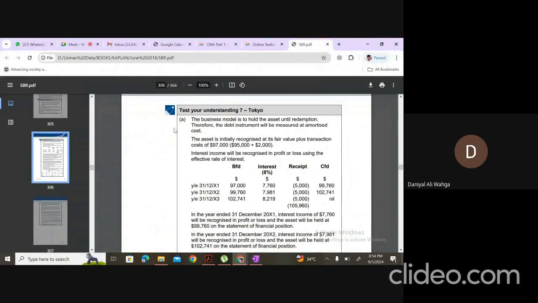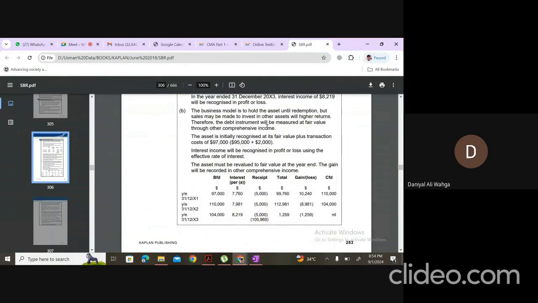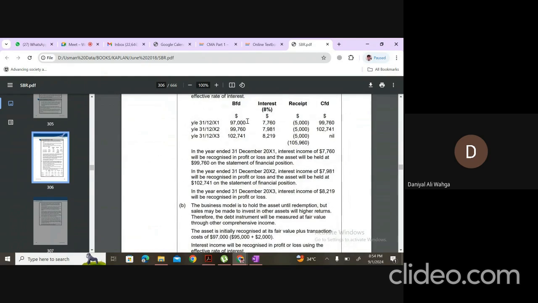So this was requirement A, which we have already discussed and calculated. So this is requirement B. Now, the value at which the bond was recorded is the same. It is the amount that was 97,000. In the previous working, it is the same, it is 97,000. The interest value will remain the same. The receipt value or the coupon payment will remain the same. The closing balance will also remain the same,